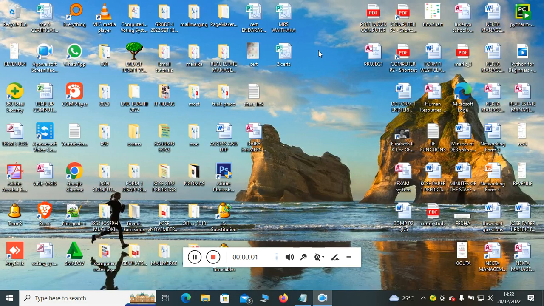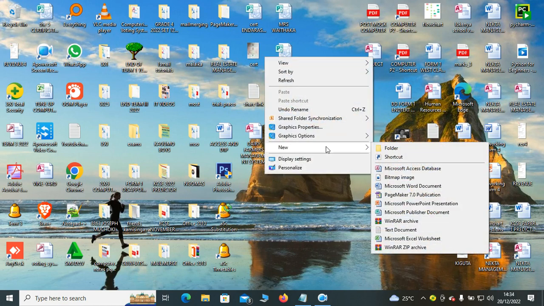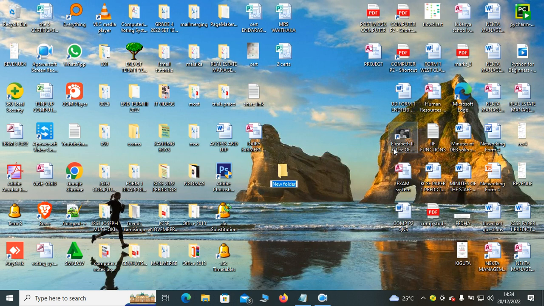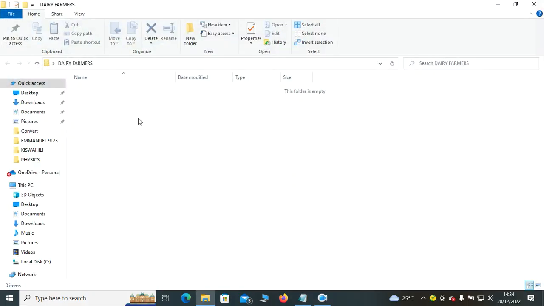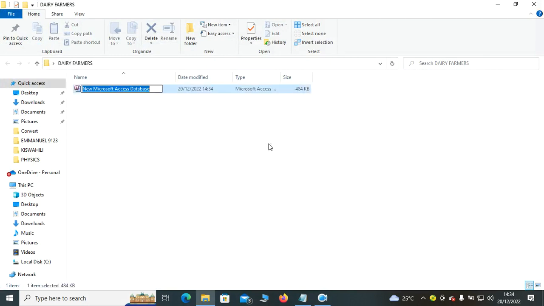Guys, let's look at dairy farmers management system. So I want us to come up with that. So we right click, we go to new folder, then we have our dairy farmers. After doing that, I right click, open or double click, then right click here, open access, then save our file as